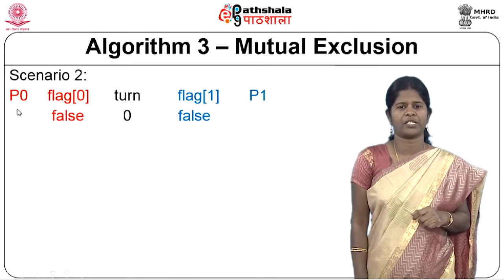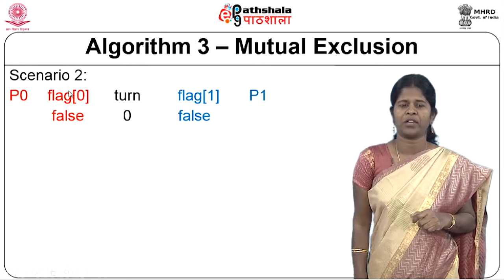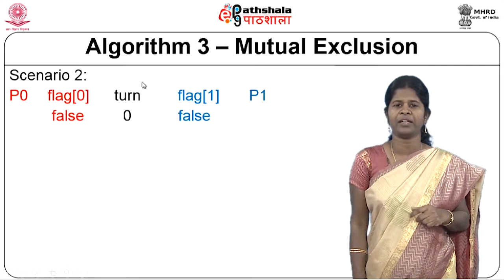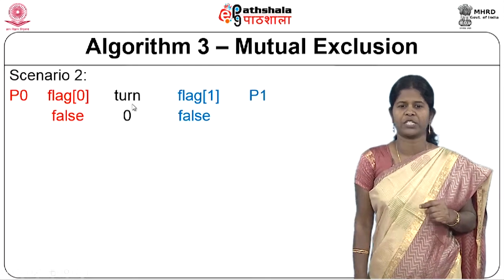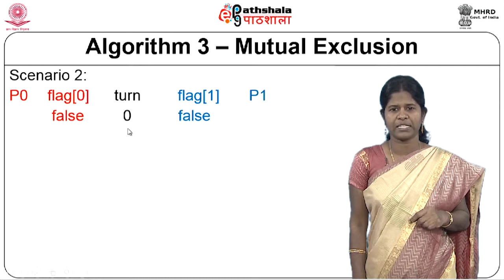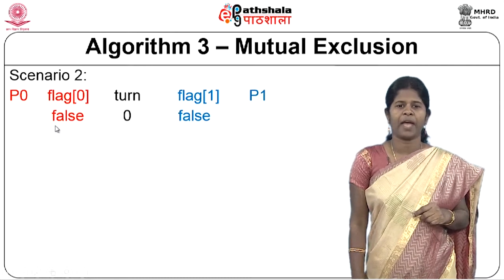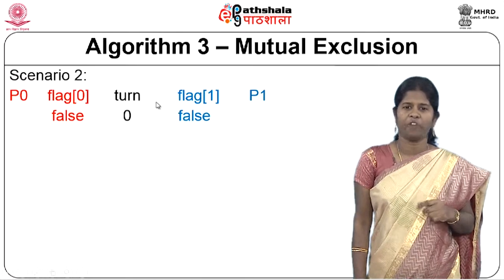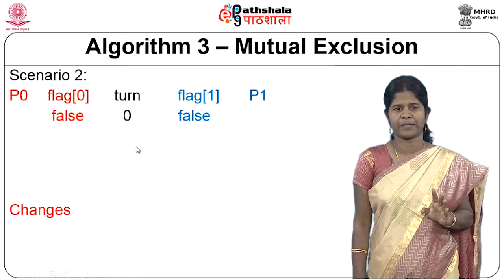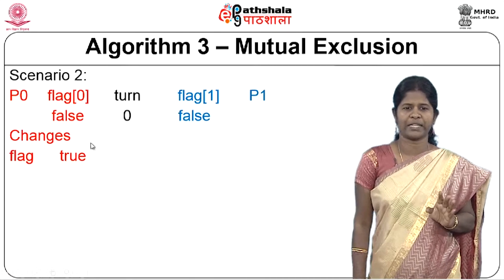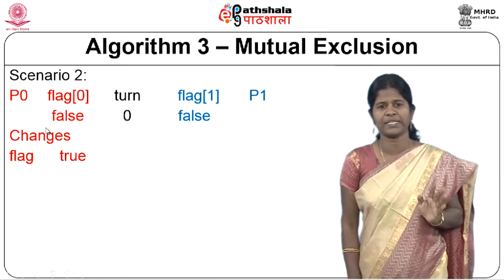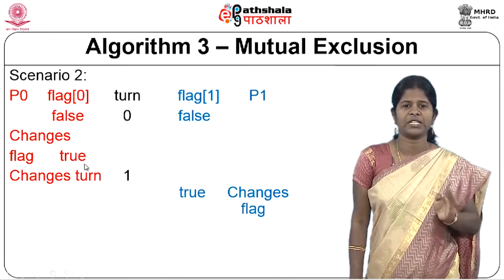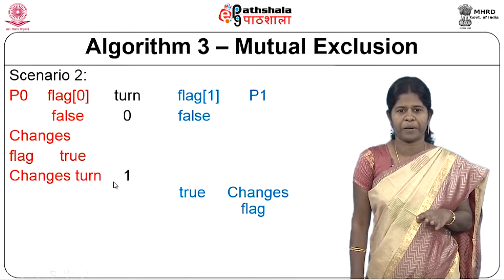So, here again process P0 and process P1, you have flag[0] and flag[1] for process P0 and P1 respectively, and there is a variable turn which is a common variable and it is initialized to 0. And these values of flag[0] and flag[1] are also initialized to false as we saw in the earlier case. Now, P0 wants to enter critical section. So, P0 changes flag[0] to true, and then it changes turn equal to 1,